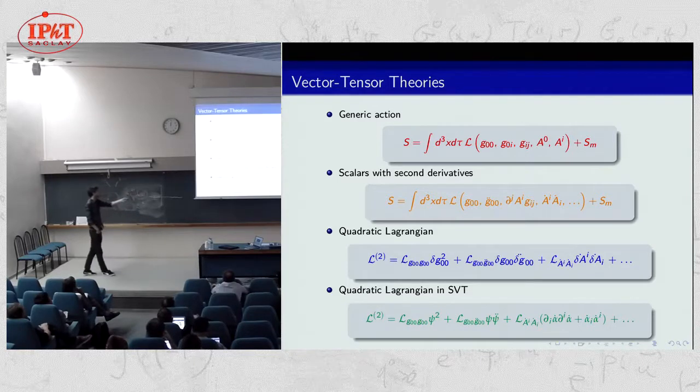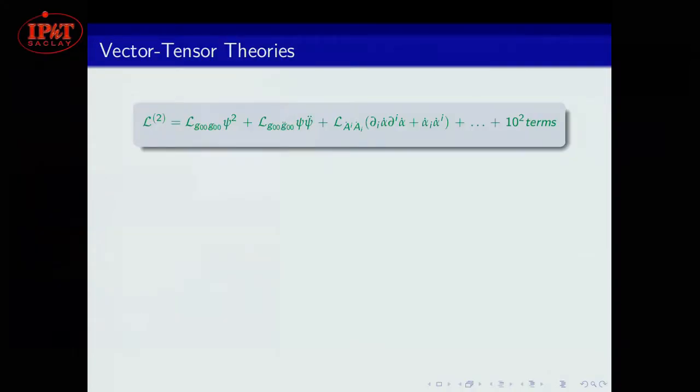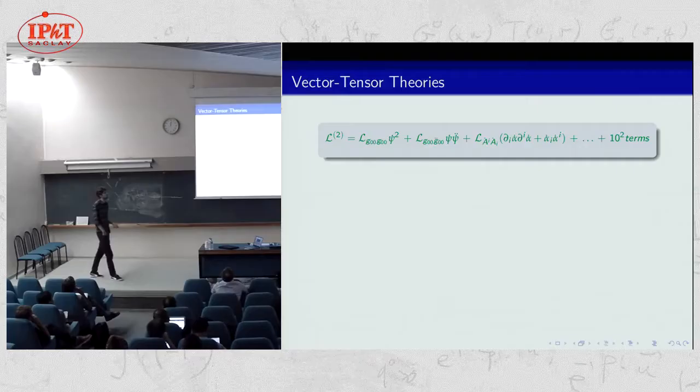So this is not the end of the story, clearly, because in general this will not be gauge invariant. And indeed, we have many terms like this. We have order 100 terms, and this is why I told you that you cannot do it by hand, or you can do it, but it will cost a bit. As I told you, this action in general will not be diff invariant.